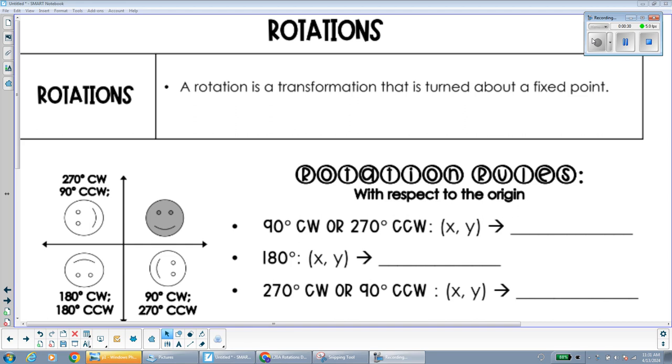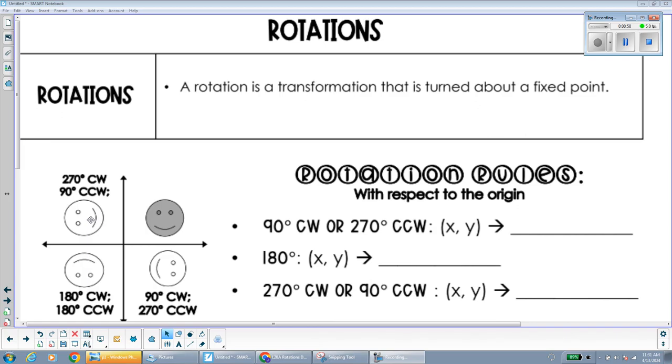Also, if it doesn't specify what the center of rotation is, it is assumed the center of rotation is the origin, unless otherwise stated. Keep in mind that when we rotate or turn an object, since it is turning, the direction that it's facing is changing. The orientation changes. Over here, I have an example of if we would take this smiley face and we rotate